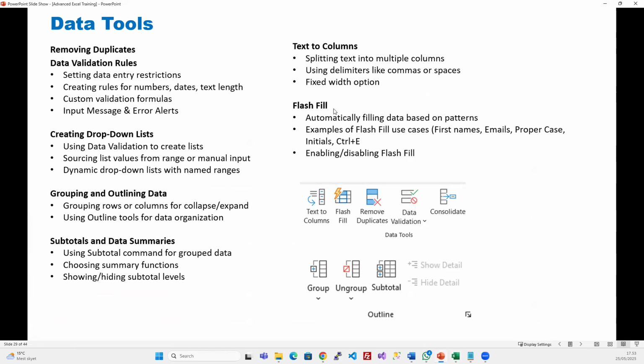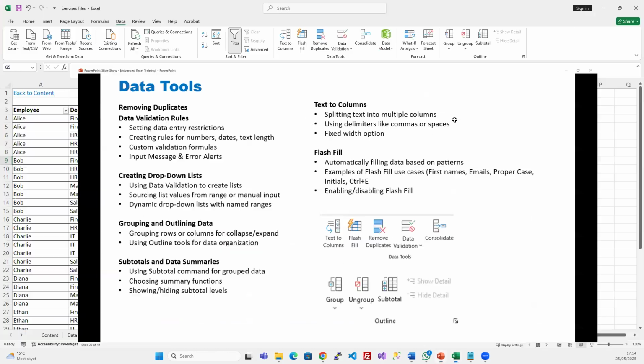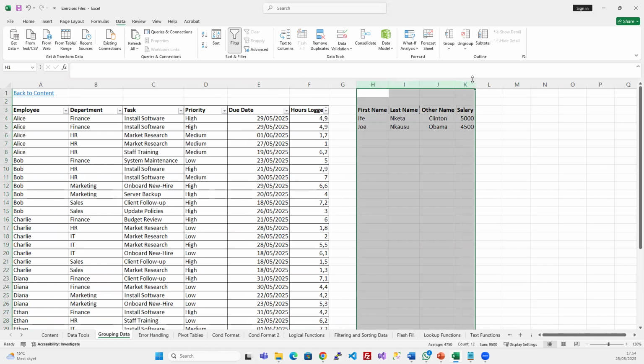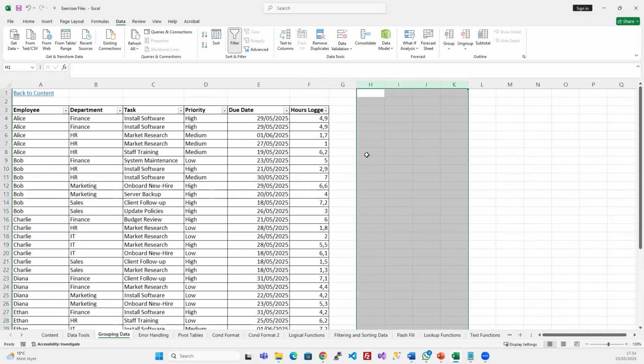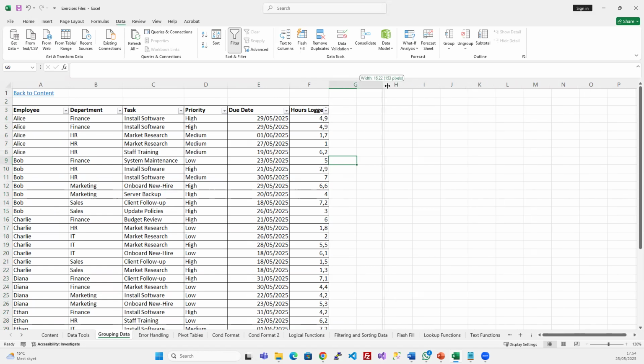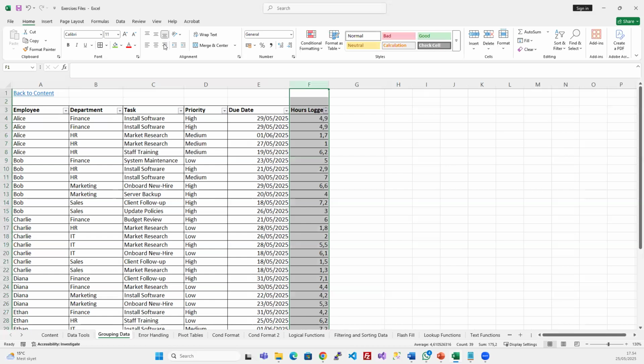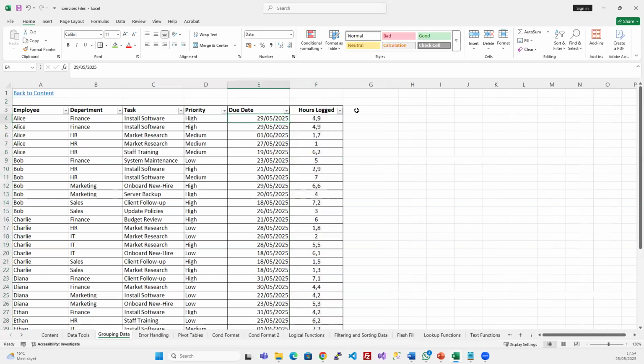All right, so the next one is flash fill. This one is actually also quite interesting. Maybe some of you already use it. It's kind of an intelligent way to quickly fill up your data. Remember when we wanted to take the first name. Let's imagine that this was name, or say we wanted to just split this into columns, right? Or we only wanted the first word of every